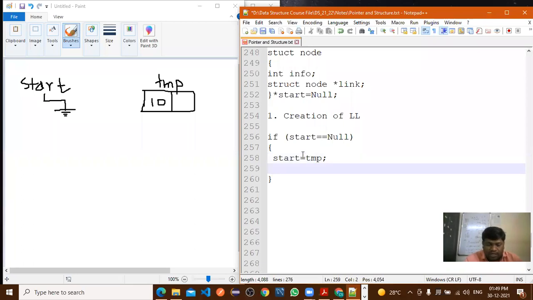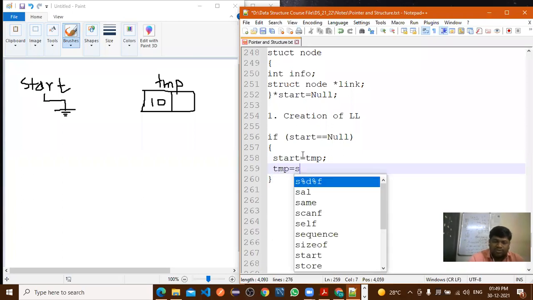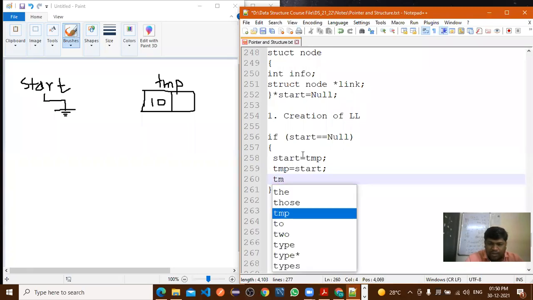So we'll write here TMP, and TMP is equal to what? So start will write, and TMP मध्ये स्टार्टचा ऍड्रेस स्टोअर करू. But whose link you are giving? TMP node.